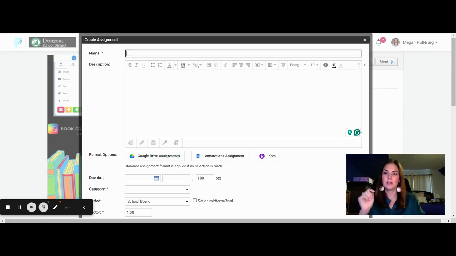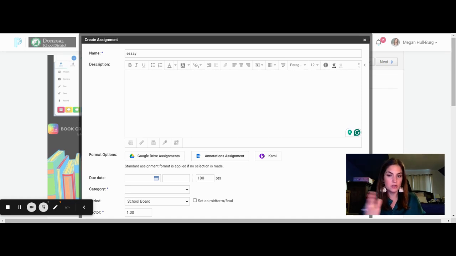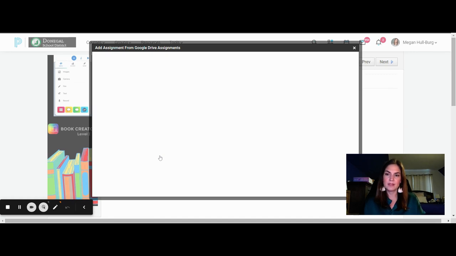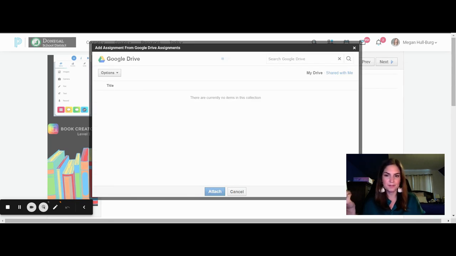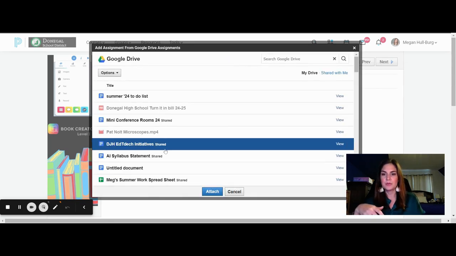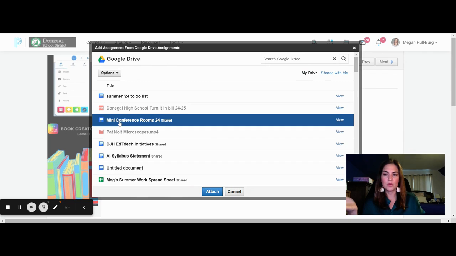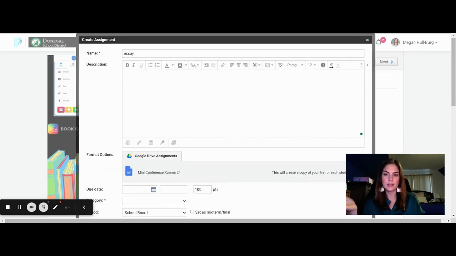So you come in here, this is their essay assignment. You're going to add the instructions in here so that they can read them. And then you're going to click Google Drive Assignments, and then you're going to click that template that you want. The first time you do this, it is going to ask you to sign in with your Google Drive. You're going to use your Donegal School District credentials, but it's only going to ask you to do that the first time, okay? So now you'll be able to add anything you want them to work on, click Attach, and